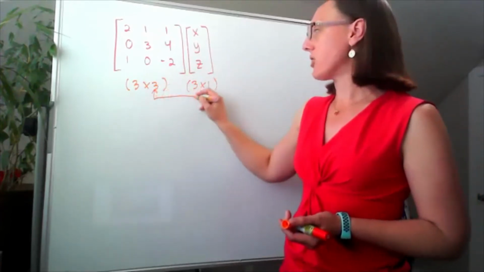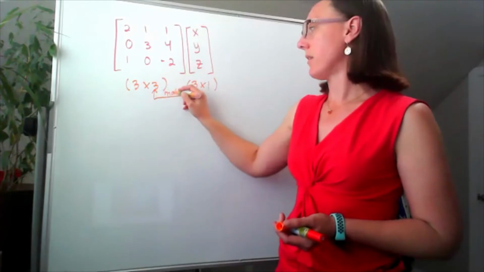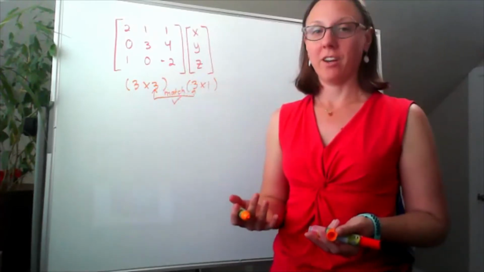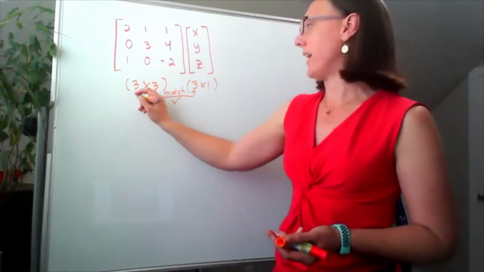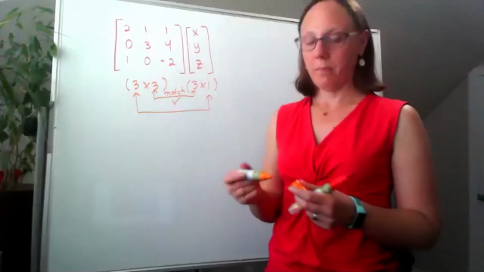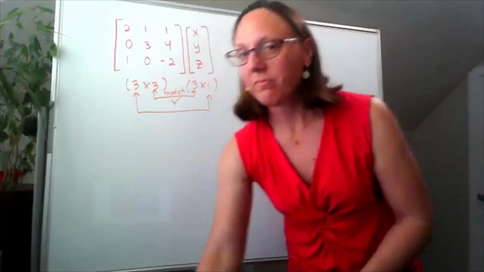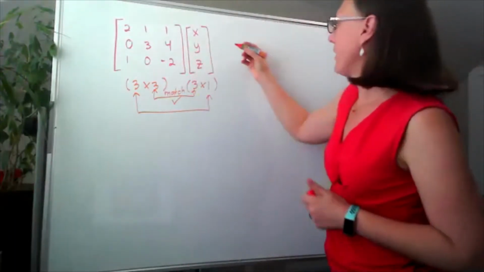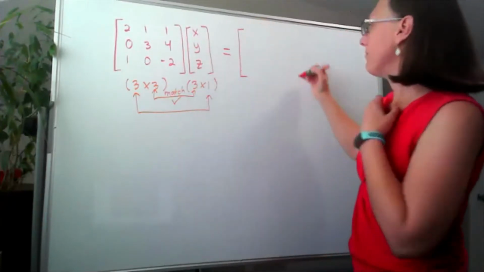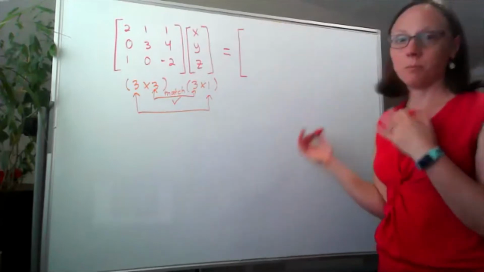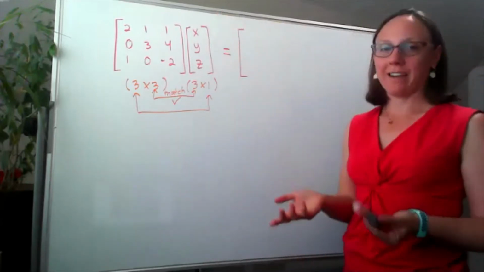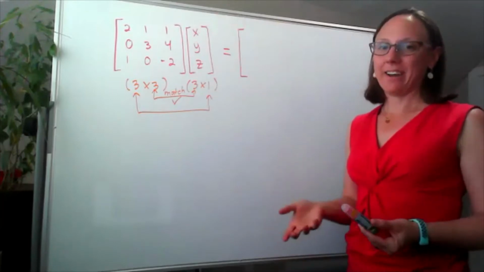These inner dimensions match. So yes, we can do that multiplication. And the answer for what we're going to get is a 3 by 1 matrix. So when I do this multiplication, I know that we're going to end up with something that is 3 rows by 1 column. Now, I didn't give us values for X, Y, and Z, and I did that on purpose